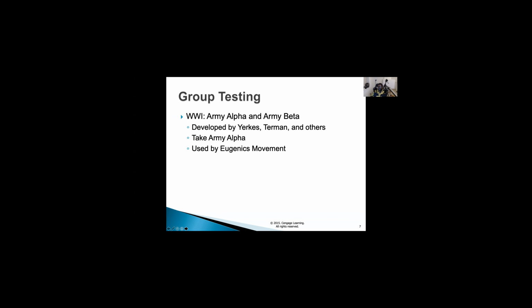When it gets to group testing, what we're basically looking at is the Army Alpha and the Army Beta test, right? Those are used kind of for placement of different individuals. As we move on, you'll see that they were developed by Yerkes, Terman, and others, and the Army Alpha was used by the Eugenics Movement. And what the Eugenics Movement is, if you don't know, is what they were looking at was like they took